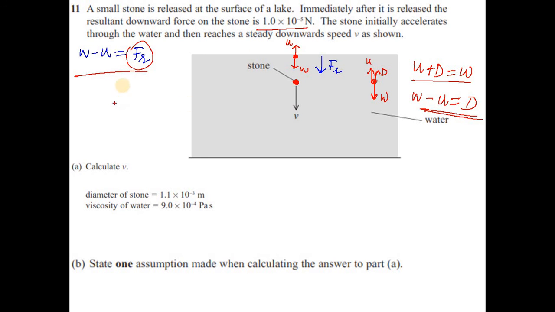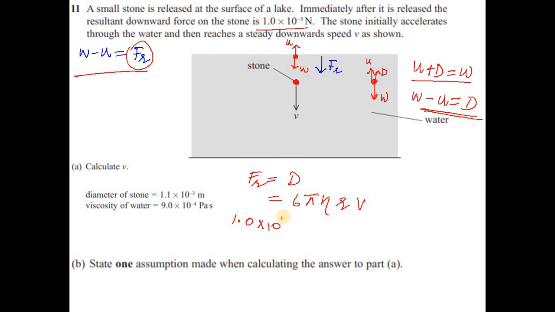So you can say that Fr is equal to D, the drag force. According to Stokes' law, drag force is 6 pi eta R V. So you can substitute the values. Fr is the resultant force, which is